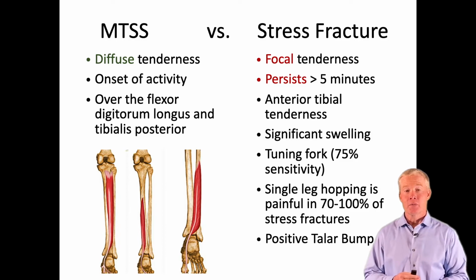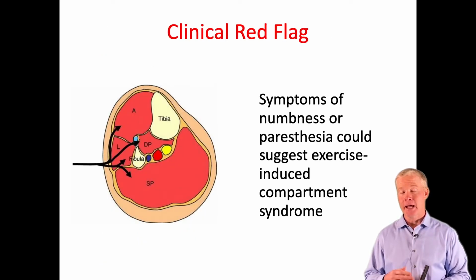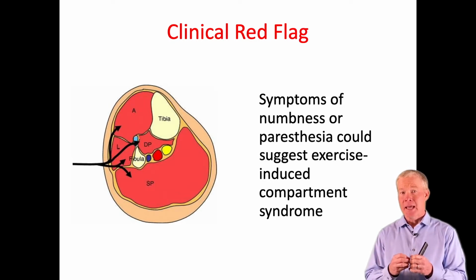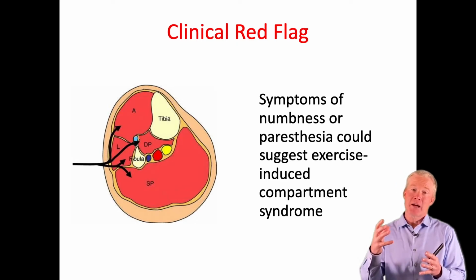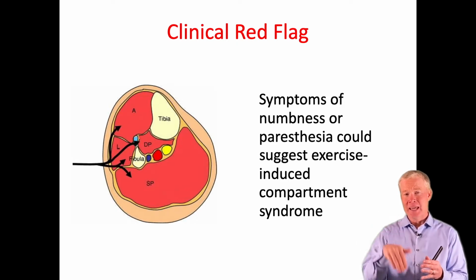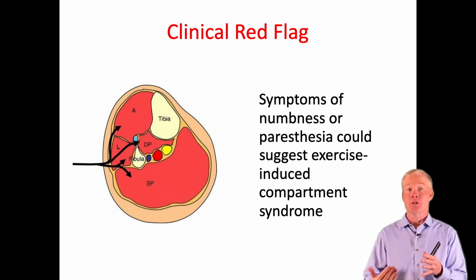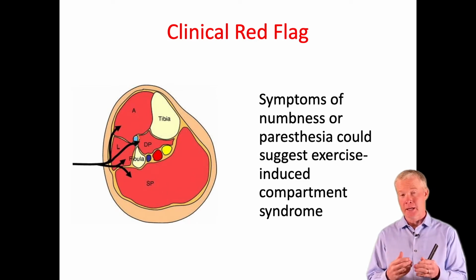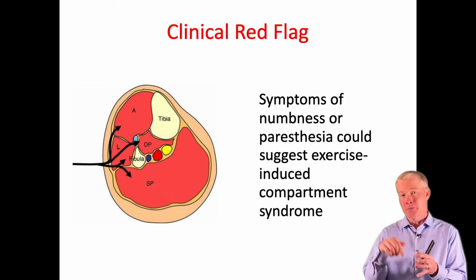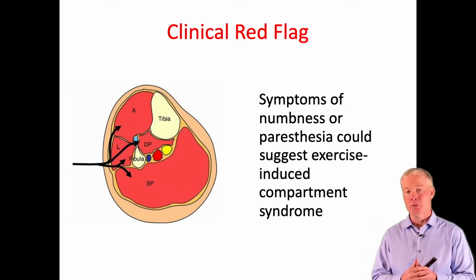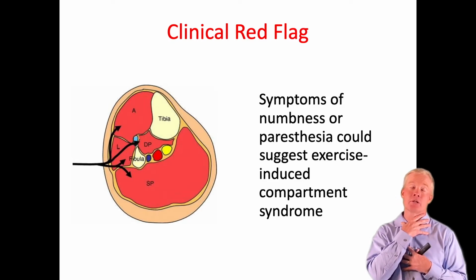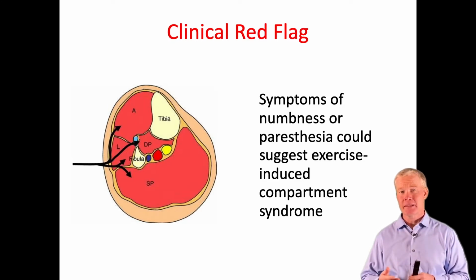One of the clinical red flags that we want to be alert for that can often happen in our young athletes is a compartment syndrome. So a compartment syndrome means that one of the 3 compartments of the lower leg has developed swelling to the point that we've now compressed the venous exit of blood, which means the arteries are still pumping blood in, especially during exercise, but there's so much pressure the blood can't get back out, so it's filling up like a balloon, which means that eventually that balloon is going to start choking things that live in the area, like the nerves and the muscles.